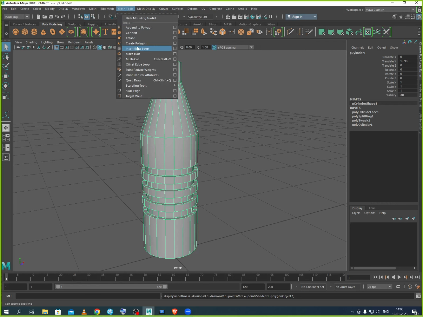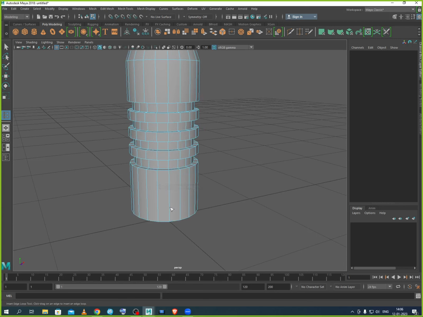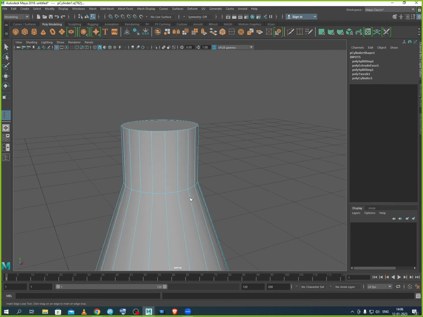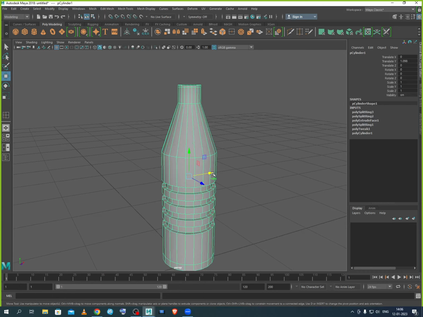Mesh tool, insert edge loop tool, and I'm adding one line in the bottom of this one, just adding over here. Now if I go very close to this one, it will become very sharp. Okay, I am going to the cap area also. I want to block this one a little bit over here now. See, these two lines I have added. I have not added many lines, just two lines. Now again if I press 3 key, what happens? See now,